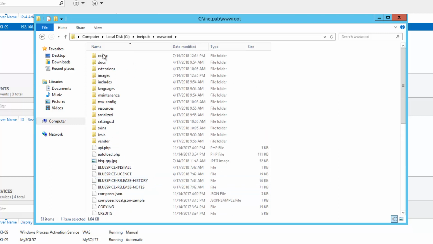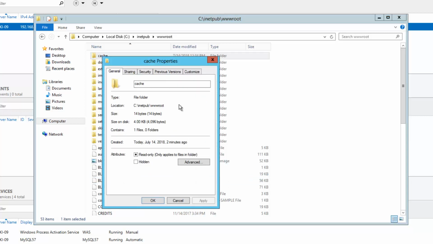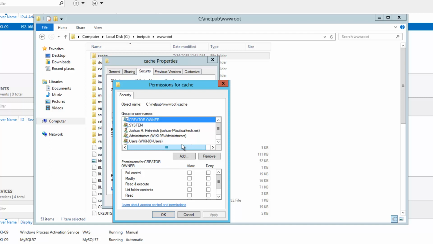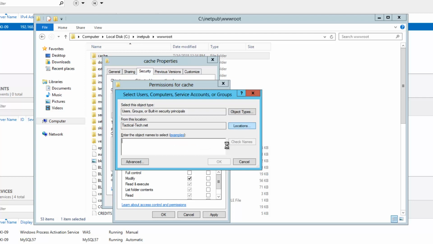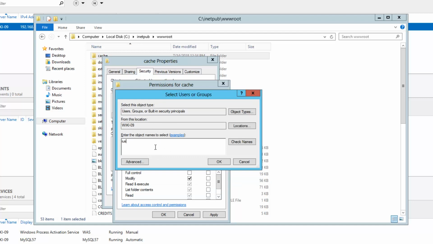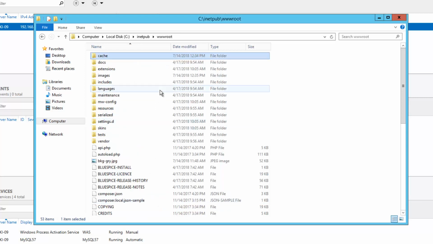In addition, I'm going to update the permissions on some of these to allow the iUser to write to these directories. So go to cache, security, edit, and we're going to look for iUsers and allow modification there. And I believe I might be wrong here, this may be an extra step. I'm going to go ahead and select that computer, do iUser, okay, and do modify for that as well. Like I said, I'm not 100% sure if that's necessary. It might be grouped in that group we gave permissions to, but I'm going to do it anyway